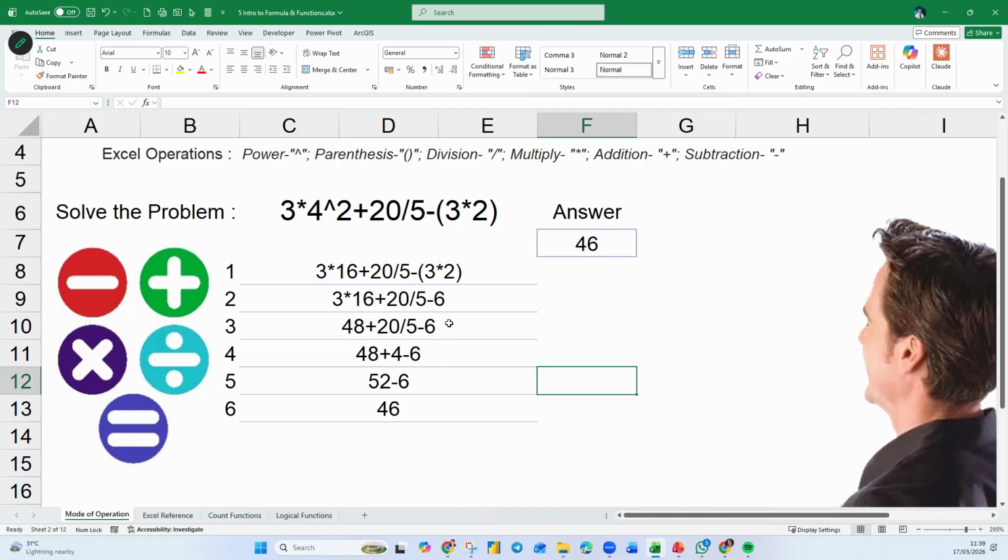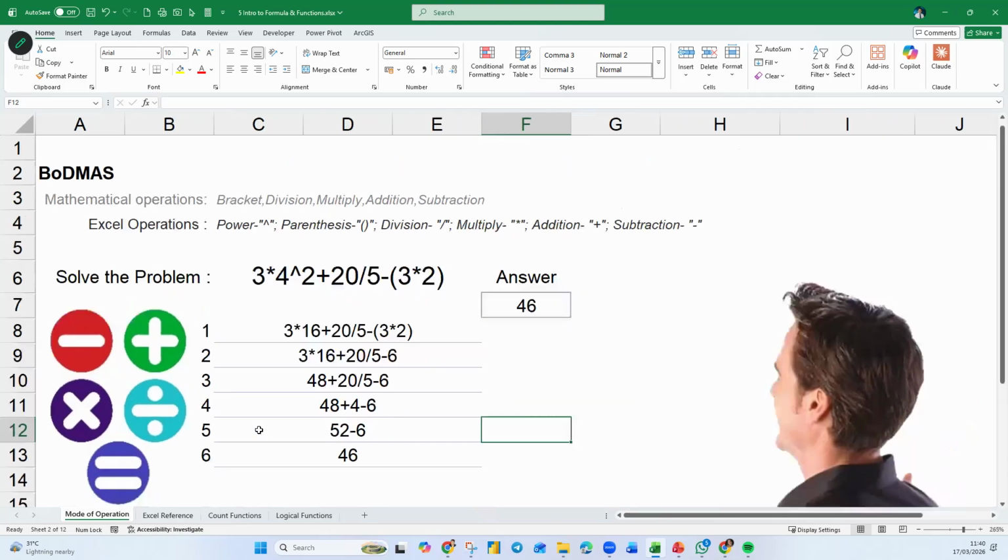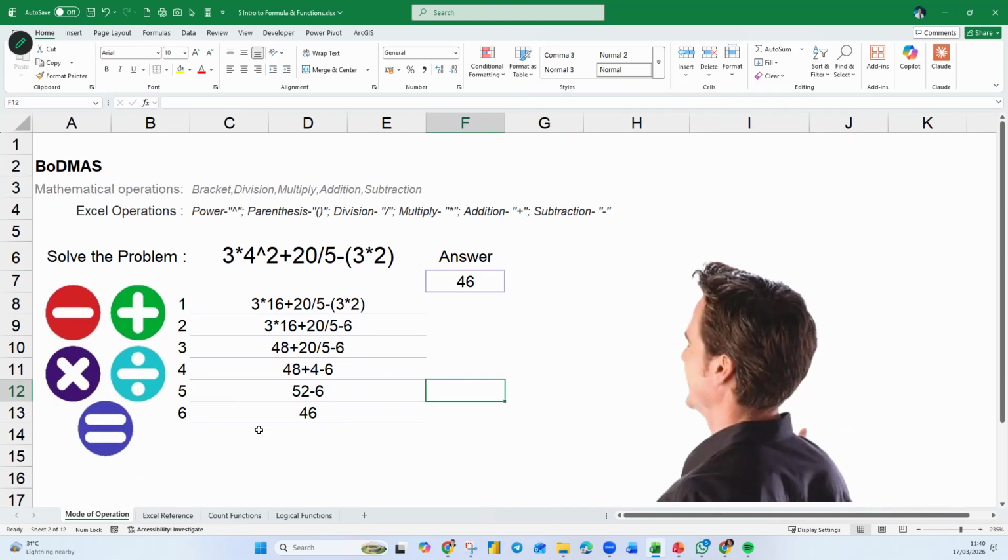So this is back to school mathematics. This is a refresher for those of you who have not done mathematics for a long time. You depend on the calculator a lot, or you ask ChatGPT, copy the thing inside, give me the answer, kind of thing. So now we are back to school like that. Okay, next.